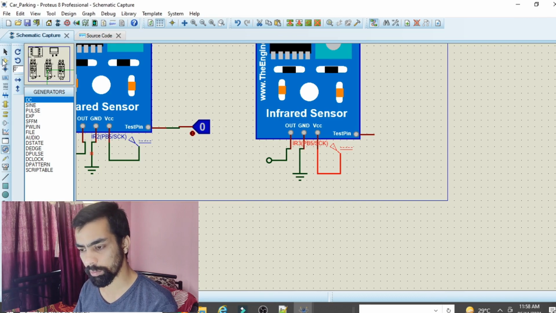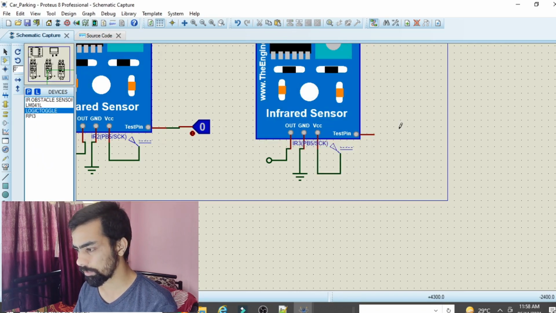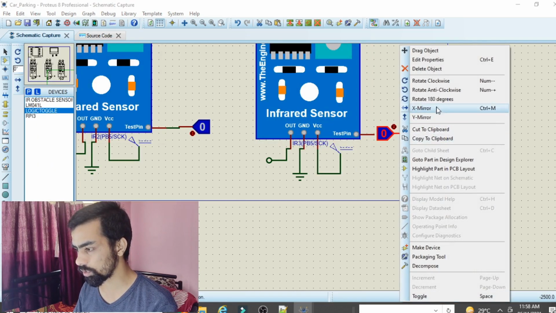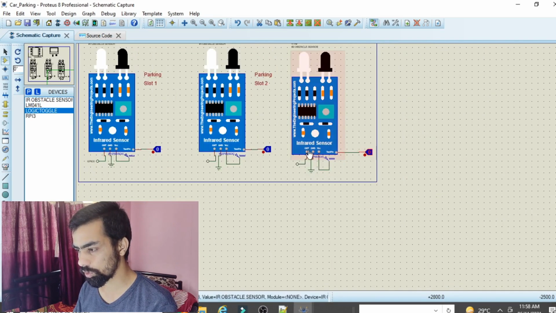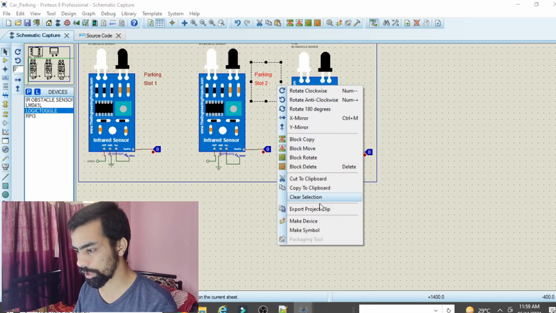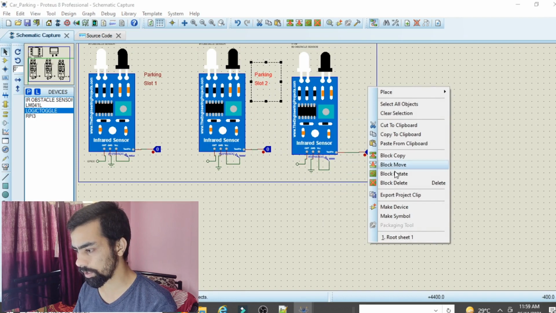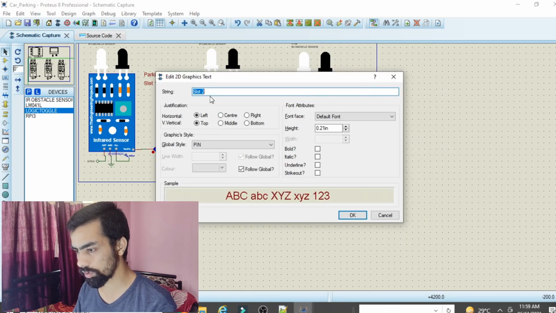Logic state: again go to the component mode, click on logic state and place that logic state here. Right click on the logic state, rotate 180 degrees, and connect the logic state here. Then after that you have to copy the name. Go to the selection mode, copy all the name, copy to clipboard, then paste that name here and give your name slot 3.